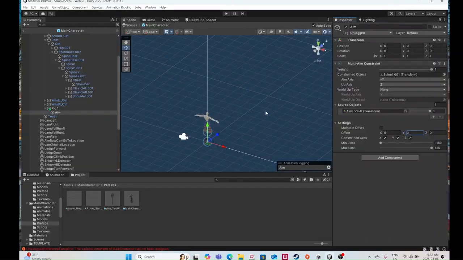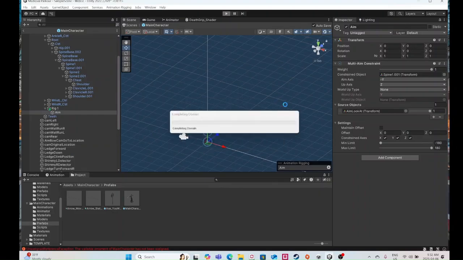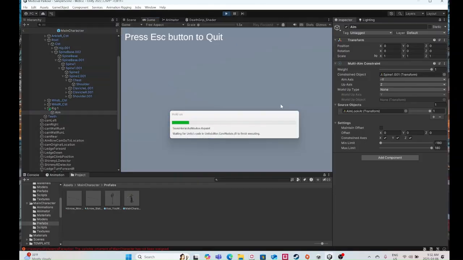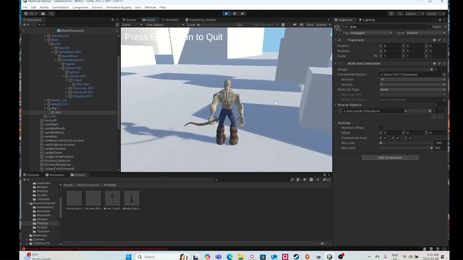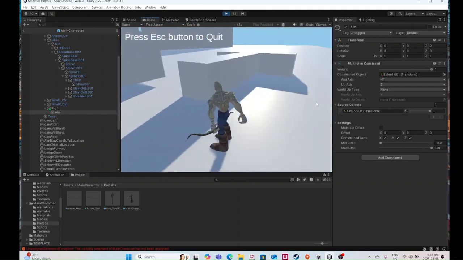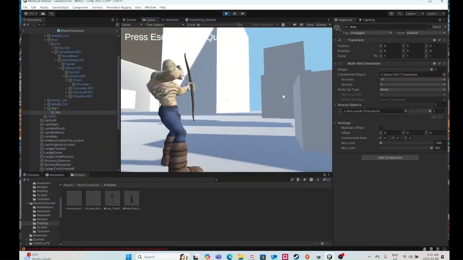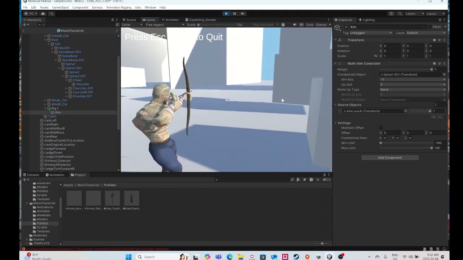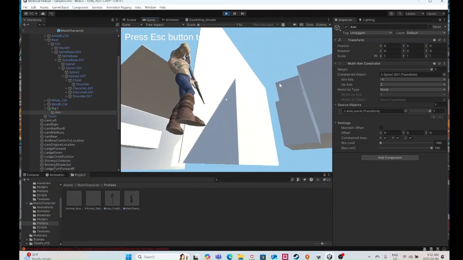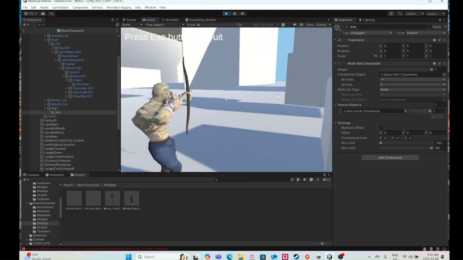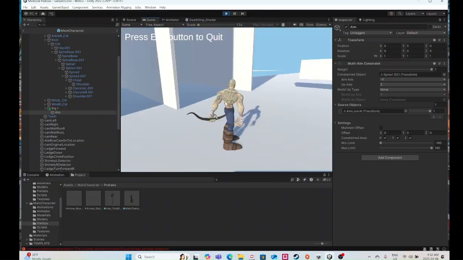Okay, so if I hit play now, as you can see, the first problem is he's rotating to the look at position even though he's not aiming. Another problem is, even though I've constrained the spine, he goes up and down, rotates backwards in the wrong axis. So I'm not exactly sure how I'm going to fix that, but the one thing I do know how to fix is to turn this off,